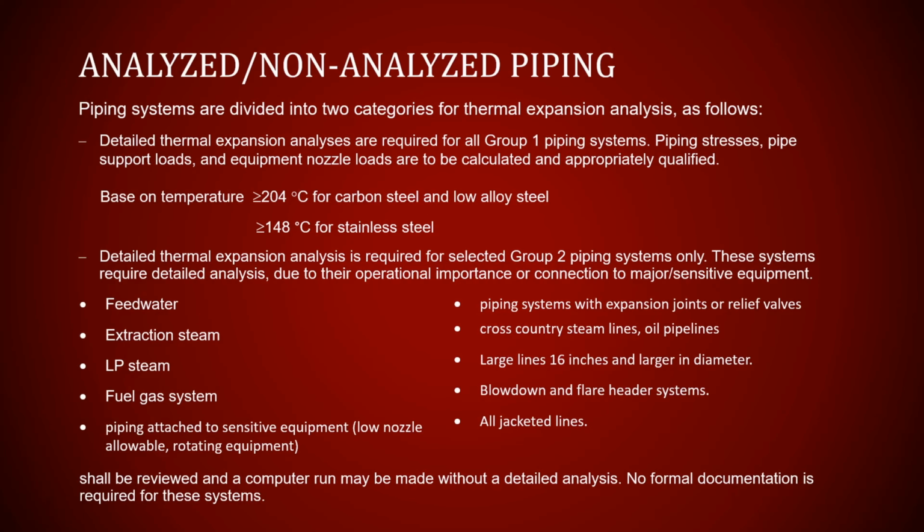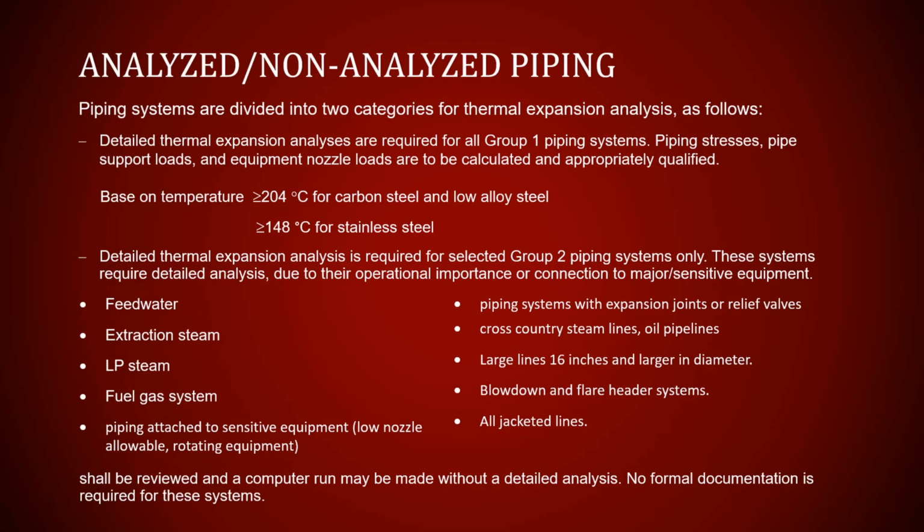Detailed thermal expansion is required for selected group 2 piping systems only. These systems require detailed analysis due to their operational importance or connection to major sensitive equipment. For power plants, we have feed water system, extraction steam, low pressure steam, and fuel gas considered for